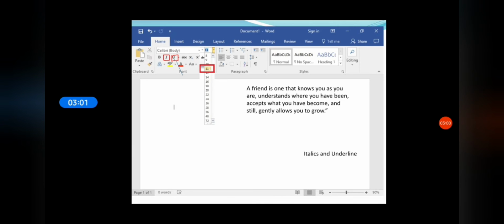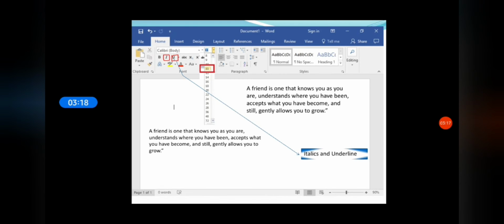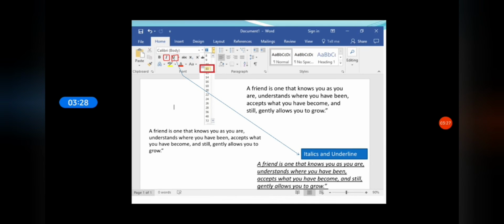Example, the same text with font size 14 is transferred to the text with the font size 11 as shown here. After this, the same text we can make italics and underline it by clicking on capital I icon and capital U icon in the Home tab as shown here.